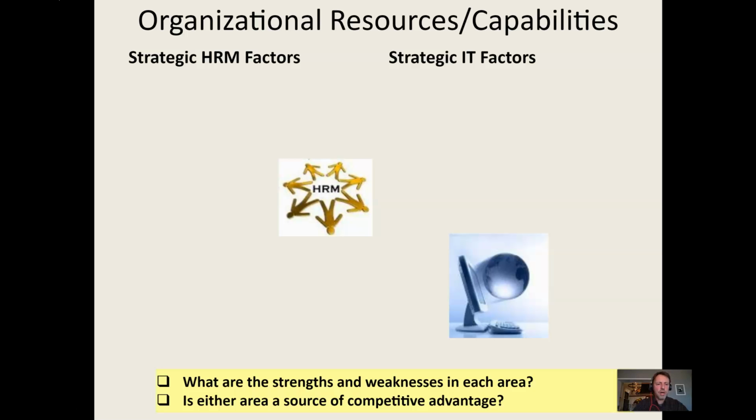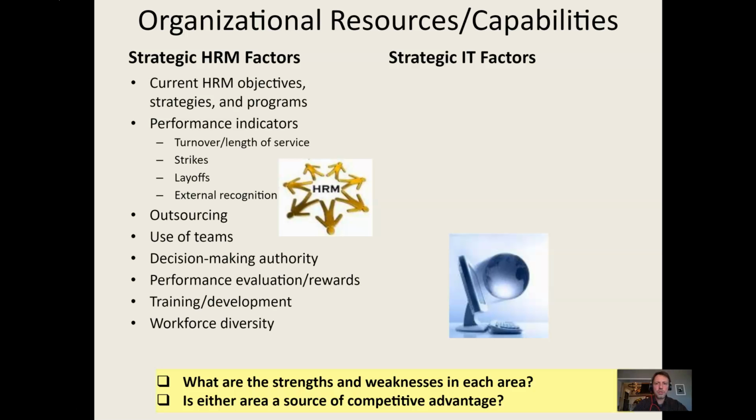So always pause whenever there's too much for you to absorb in the time frame that I'm talking through a slide. Human resource management factors are also important. What are the current strategies and programs? Like I said, I talked a little bit about the culture, but